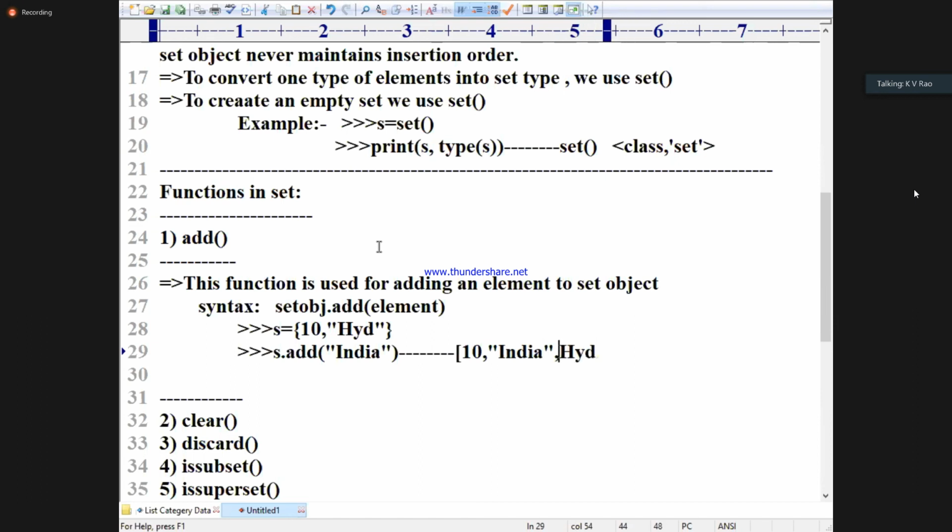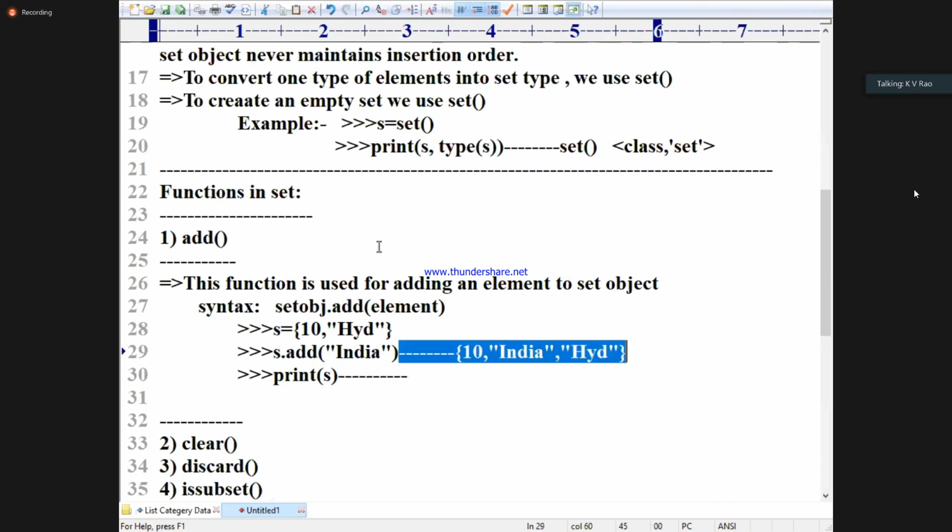Wherever it likes, it can add it. But all elements will come. Now print of s.